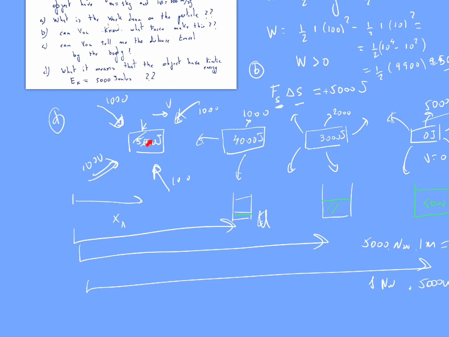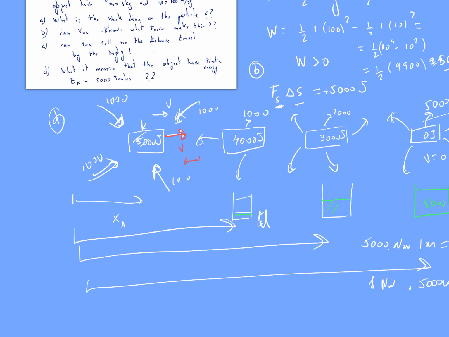Let's say that there is a negative force acting on it, a force acting in the negative direction of the velocity. Let's say that the object is moving in this direction. If you add a force like this, the work will be negative and you extract